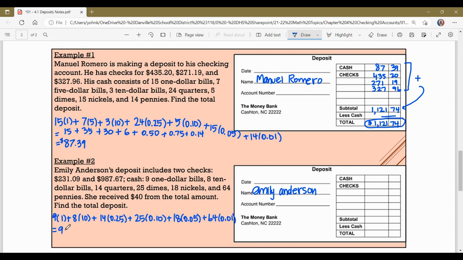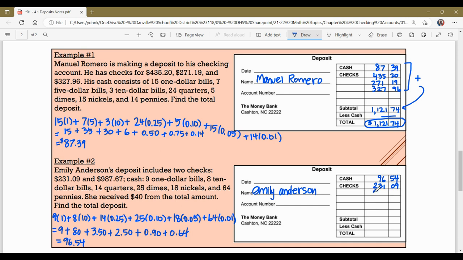So that's $9, $80, $3.50, $2.50, 90 cents, and 64 cents. Total cash is $96.54. Checks, we have 231.09